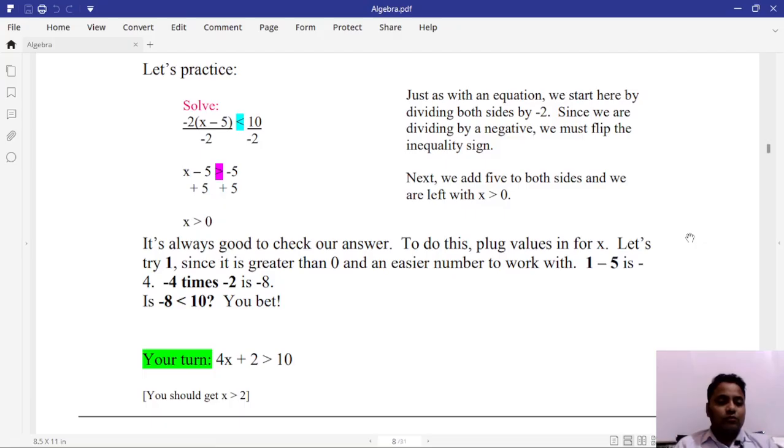Now you have to think about 4x plus 2 is greater than 10. You can simply what